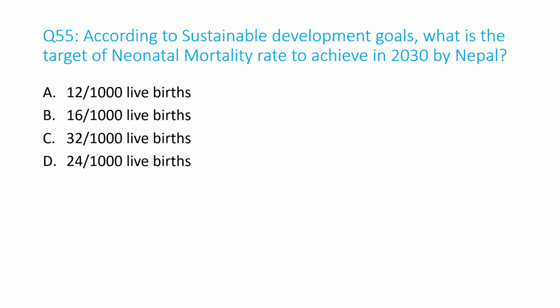Number 55. According to Sustainable Development Goals, what is the target of neonatal mortality rate to achieve in 2030 by Nepal? A. 12 per 1000 live births, B. 16 per 1000 live births, C. 32 per 1000 live births, D. 24 per 1000 live births. And the answer is